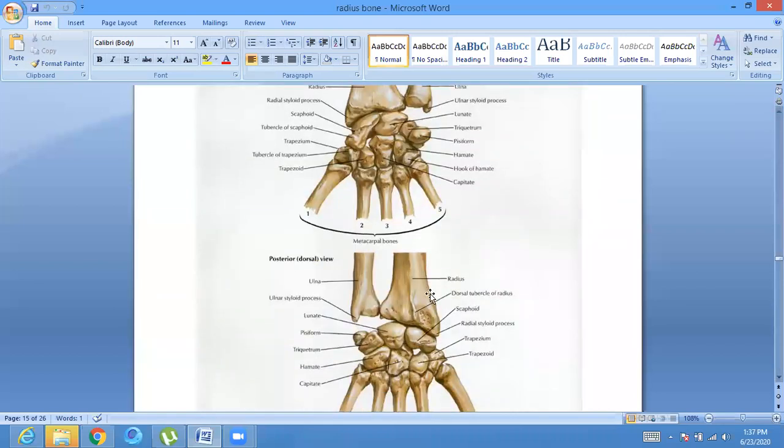First groove से 2 टेंडन जा रहे हैं, कौन कौन से जी? Abductor pollicis longus, extensor pollicis brevis. Then the other groove, second one present between the dorsal tubercle and the styloid process. यहाँ से 2 टेंडन कौन से जा रहे हैं जी? Extensor carpi radialis longus and the extensor carpi radialis brevis. उसके बाद oblique groove है just medial to the dorsal tubercle और यहाँ से कौन सा टेंडन जा रहा है जी? Extensor pollicis longus and then the 2 tendons passing from here from the other groove on the medial most groove or the dorsal aspect of the radius और यहाँ से जा रहे हैं extensor indicis जा रहा है, sorry extensor digitorum and extensor indicis.